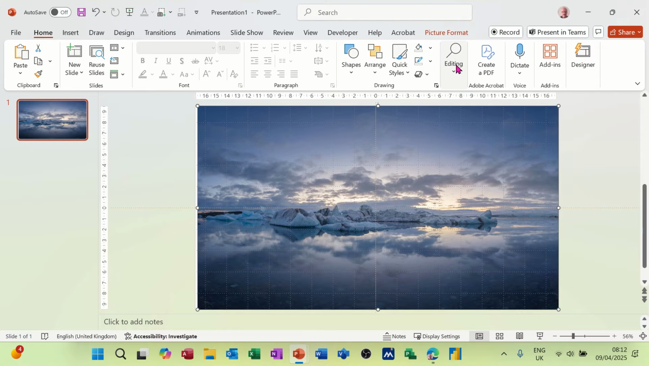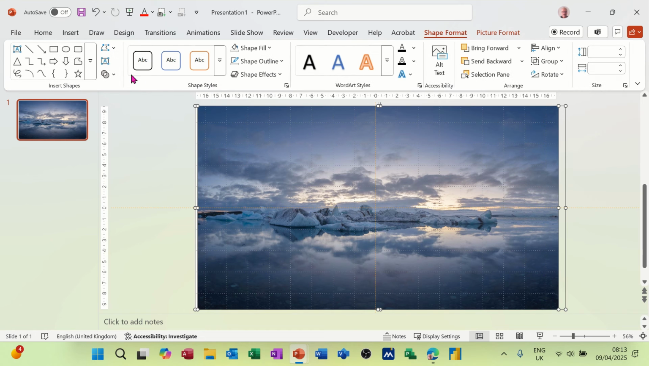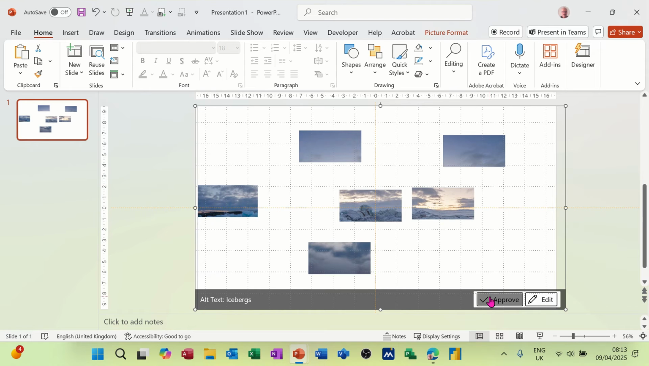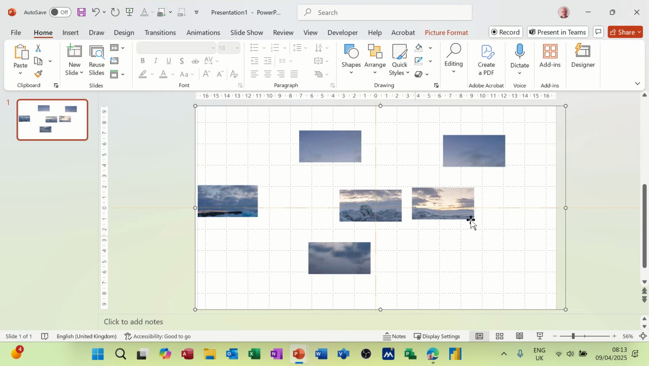close this down, and then if I send this to the back, if I go on to picture format and you've got send backwards, but I want to send it to the back, send it to the back, and then go back onto Control A, which will select everything again, and then even the things behind this picture, select shape format and then combine again. So this now sits at the back. I'll just approve that, so you can see that I don't need this alt text,